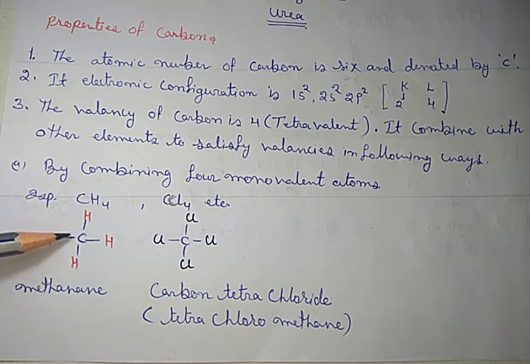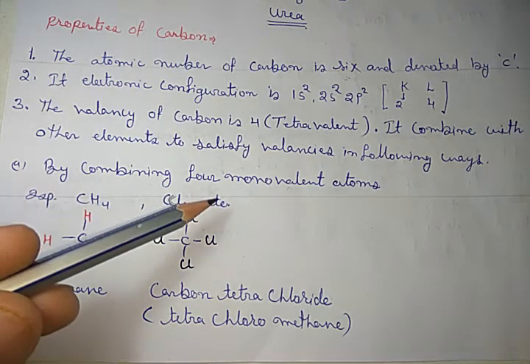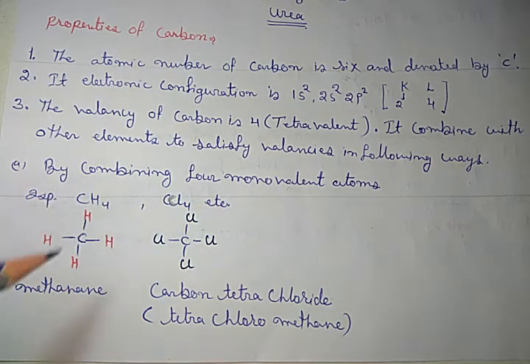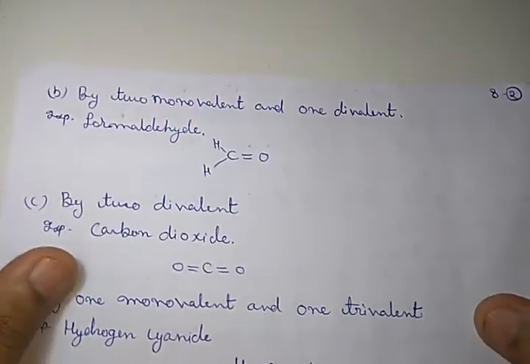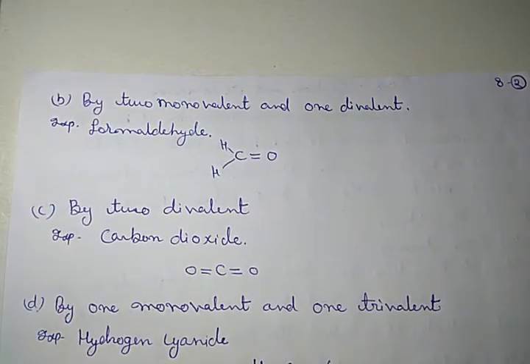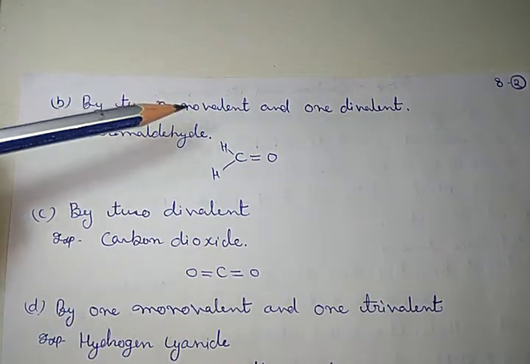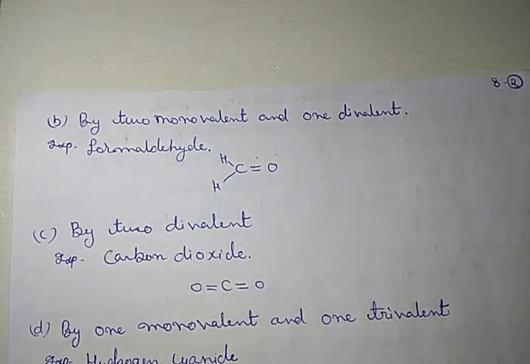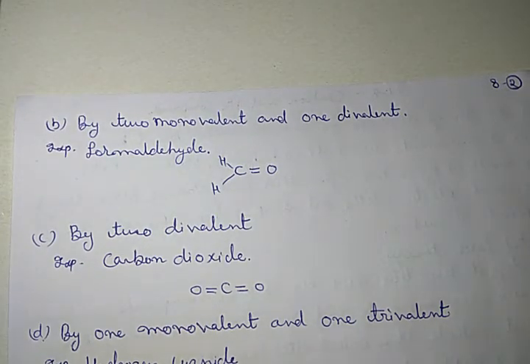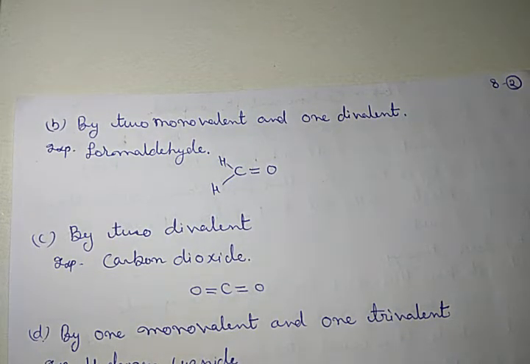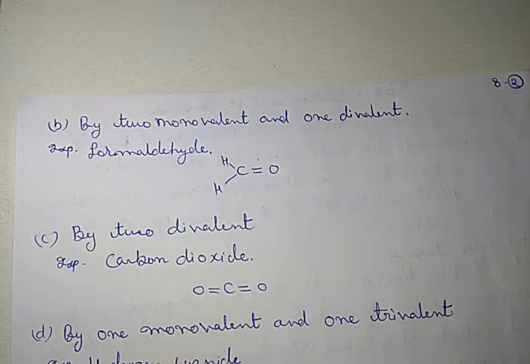So by combining with the 4 monovalent atoms, carbon can satisfy its valency, tetravalency. The second way that carbon has is by 2 monovalent and 1 divalent. That means by combining with 2 atoms which can make single bonds and 1 atom which can make a double bond. Okay, for example